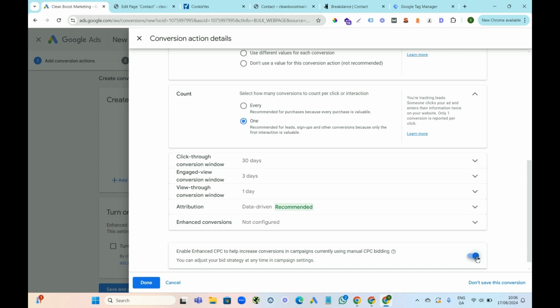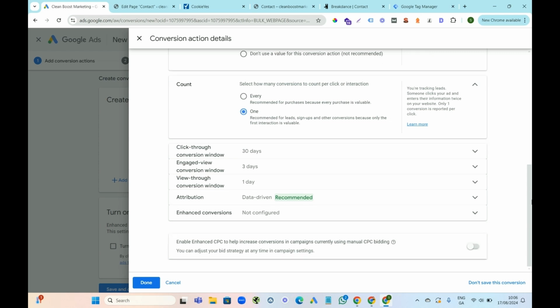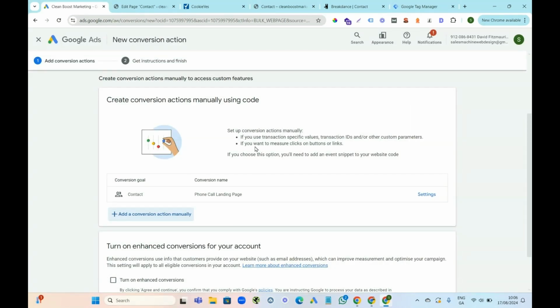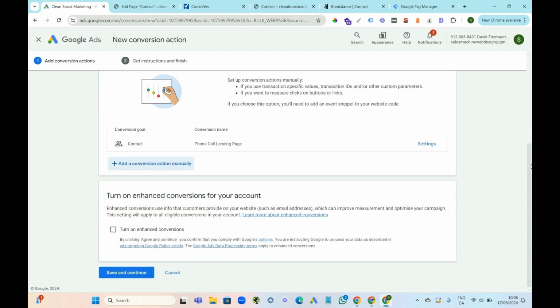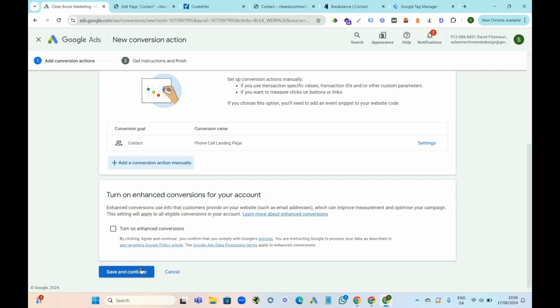And make sure again to turn off this enable enhanced CPC. Again, Google is going to spend your money. They're going to enhance clicks, so make sure to turn that off. And then we're going to press done. Okay, and then you come down to the bottom, we're going to press save and continue,